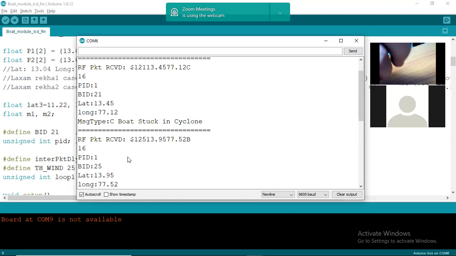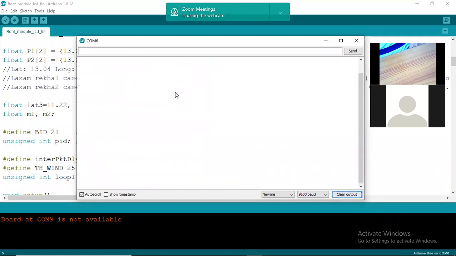Okay, now this is not required, I'll put it aside. Let it be connected also. I'll just clear the output, so a blank screen. Now I'll bring that other hardware. The other hardware is a little bigger, which has more modules.